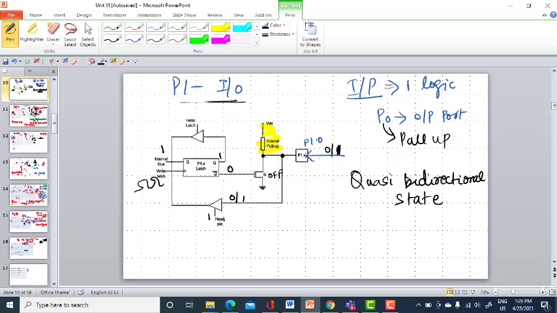So when I am enabling this read pin high, I'll be having this data here. That data will be placed in the input of the D flip flop, and that can be read by the 8051 microcontroller via your read latch. Okay, this is regarding the input function of your port P1.